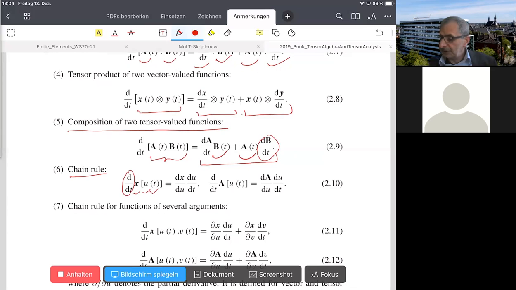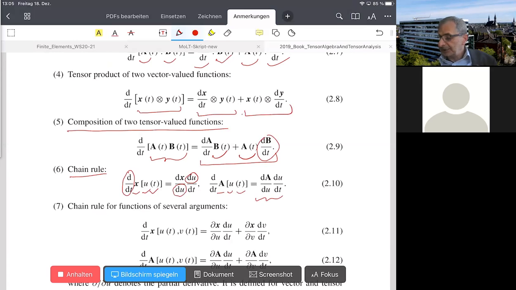We take the derivative dx du, you see here, and then du dt. And the same holds also for the derivative of the composed tensor valued function. Tensor A is a function of the variable u, which is in turn a function of another scalar variable t. And in this case, also this